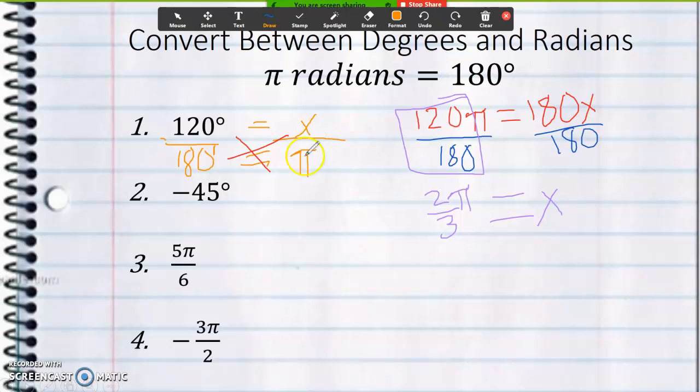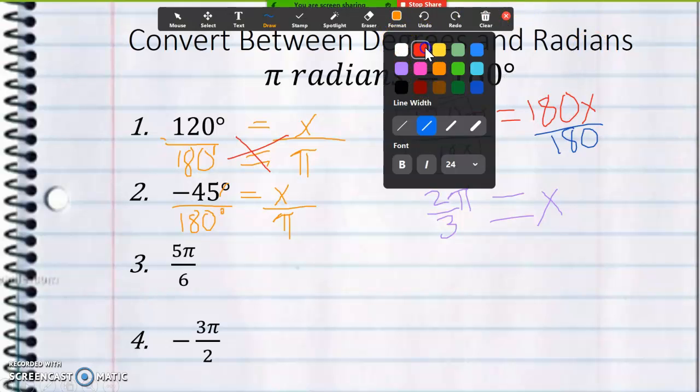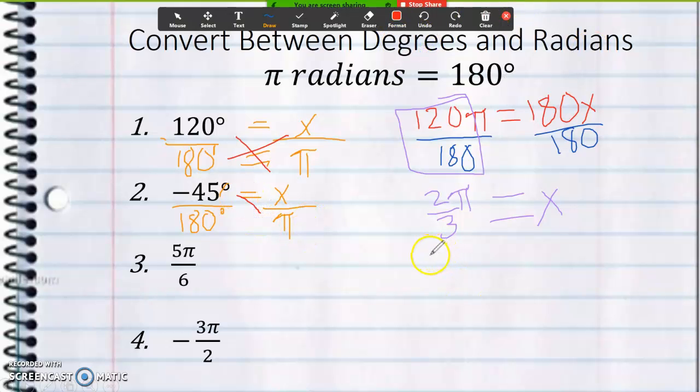Okay? We're going to do the same thing for negative 45. Just because it's negative degrees doesn't mean it's going to be any different. So we're trying to figure out how many radians that is, so that's equal to x. This is negative 45 degrees, so that's where the 180 degrees goes. Remember, degrees divided by degrees, and x is pi. Okay? Because these are both radians. Just like the last one, I'm going to cross multiply. Negative 45 times pi equals